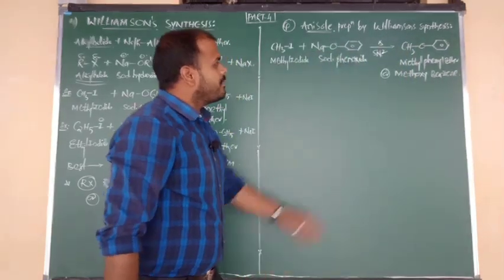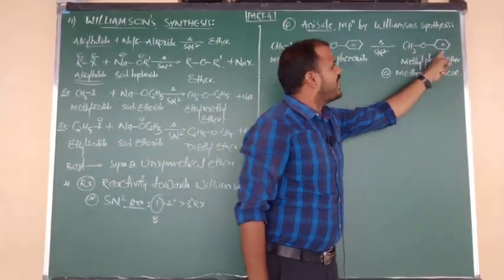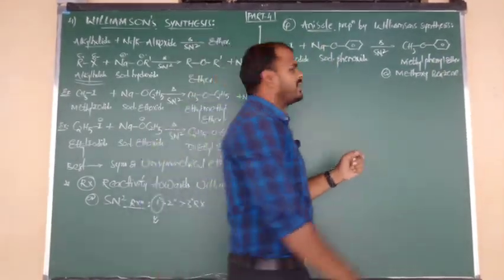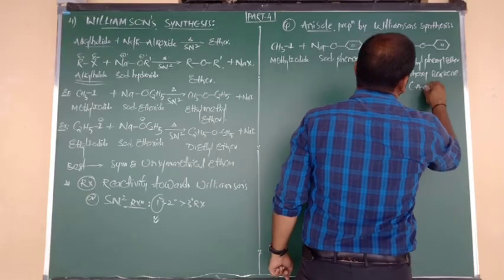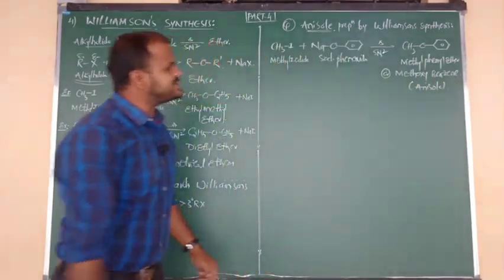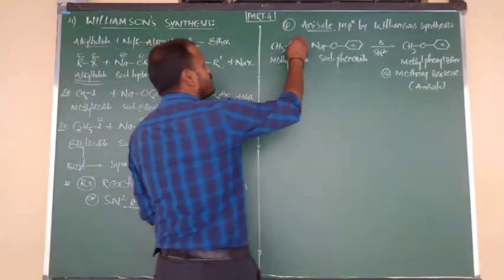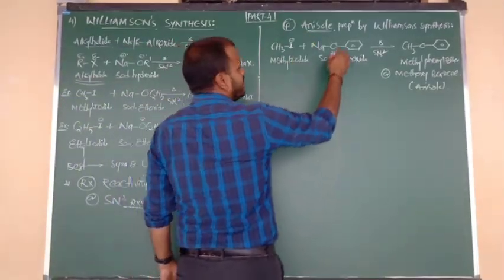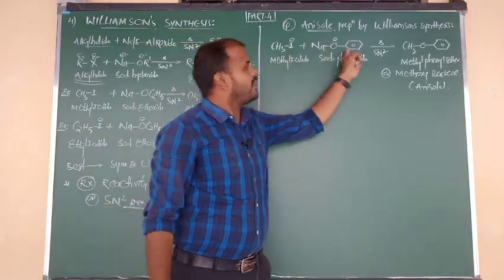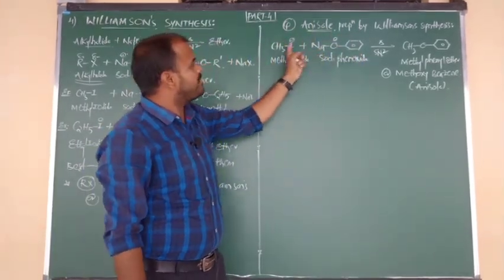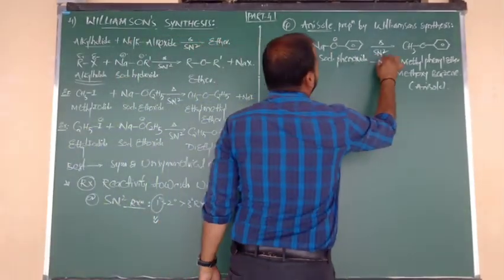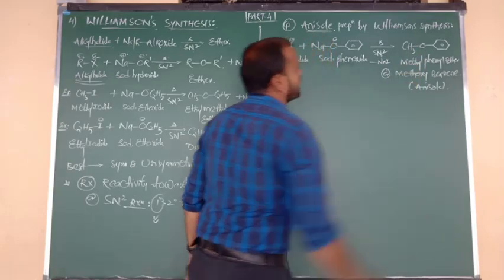Clear? Methoxybenzene or methyl phenyl ether, that is known as anisole. Like that we have to say. Anisole. Good. So how to write the statement? Very important question. Here I want to say that I minus is replaced by phenoxide ion. So one nucleophile is replaced by another nucleophile. Na plus combines with I minus and is removed in the form of what, beta? NaI. That we can read.